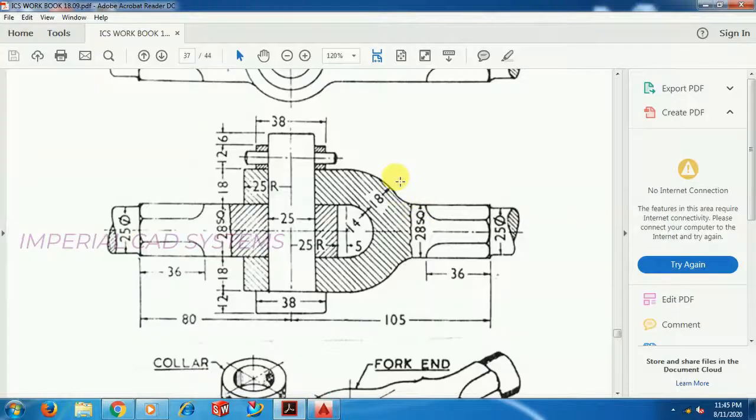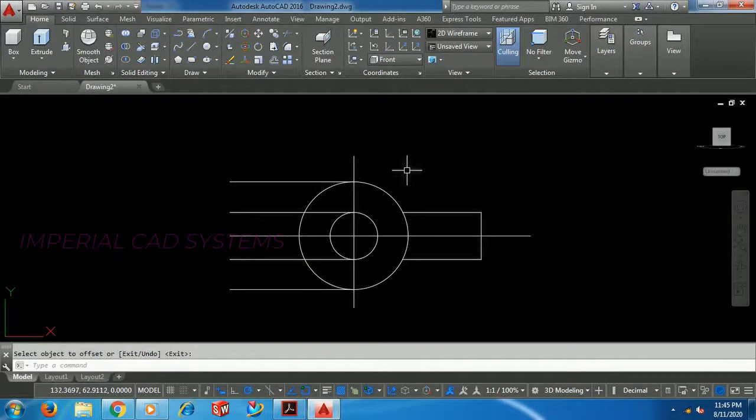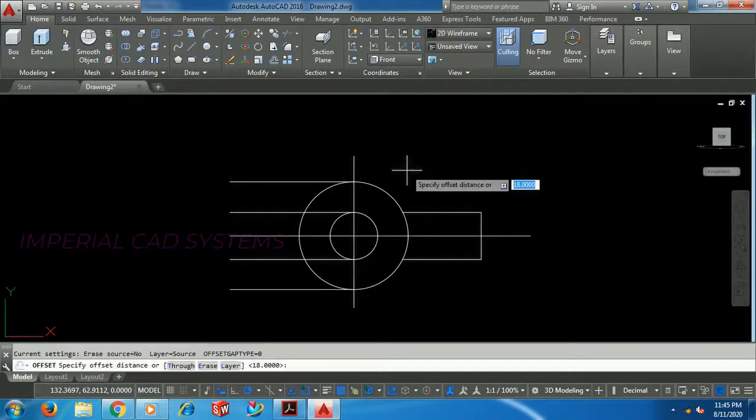Then see our vertical axis at this position, the distance is 25 plus 5, 30. Go for offset 30, offset 30.